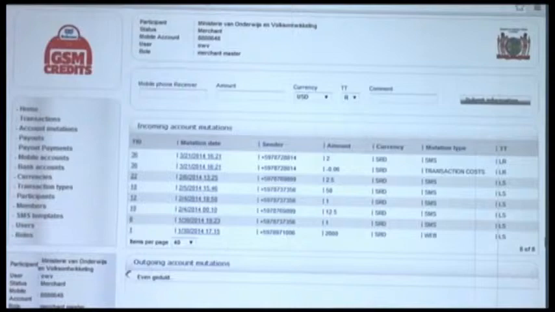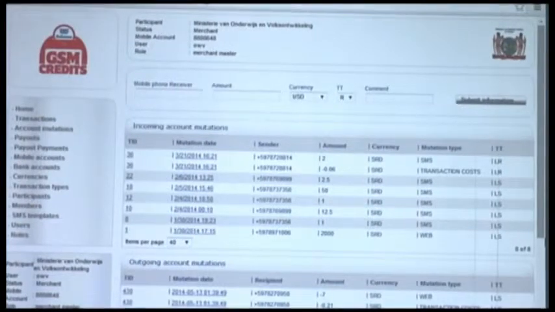So if you're going to pay another business, or you're going to give credits to a customer to save up as bonus points, then this is where you're going to do the payment. Here you put in the mobile phone number, the amount, the currency from a drop-down menu, the transaction type from a drop-down menu, and a comment. And we're going to do a payment,